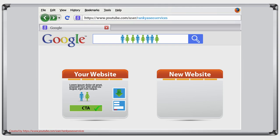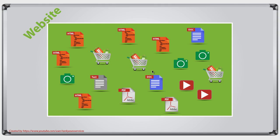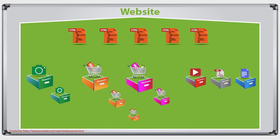So now let's take a look at a typical website. In 2014, a typical website will have various different web documents, whether it's HTML files or PHP files, whether you've got an e-commerce website with many different products, whether you've got videos, images, or PDF catalogs, and so on. It makes no difference. Meaning, first thing, to let Google better understand your website, organize everything in a logical manner. That means, if you've got a small site, perhaps you don't have to worry about this. But if you have a medium to large website, sit back, because categorizing everything will only make Google understand your